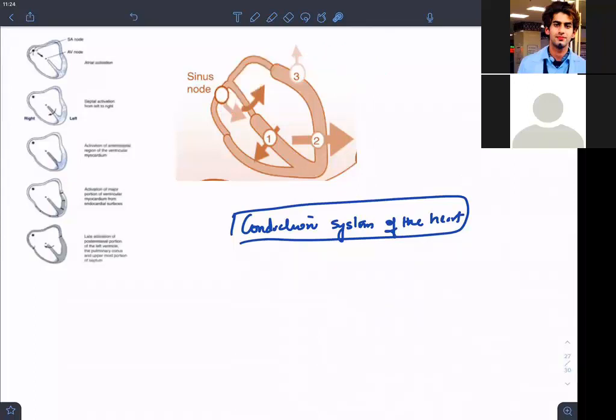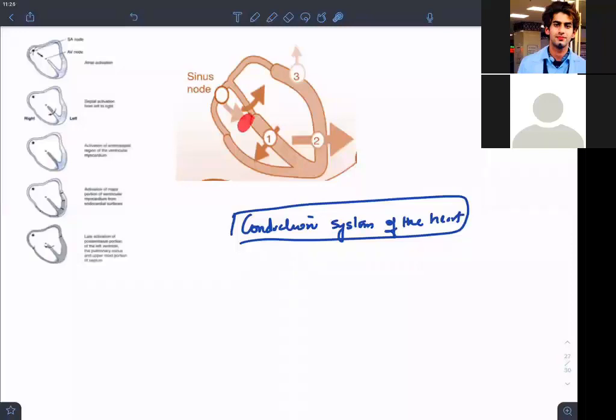And then we have this AV node, where the conduction is very slow. What is happening in the AV node is that once the SA node sends the impulse through those internodal tracts, I hope we remember those bundles of Thorel, bundles of Bachmann and Wenckebach. Okay. So once it reaches this AV node,